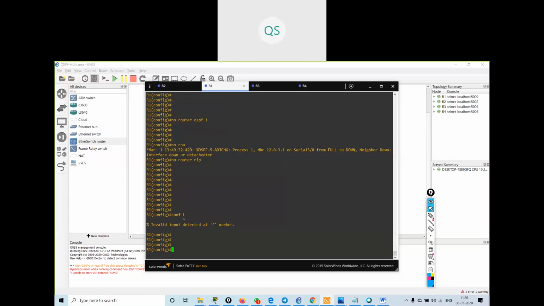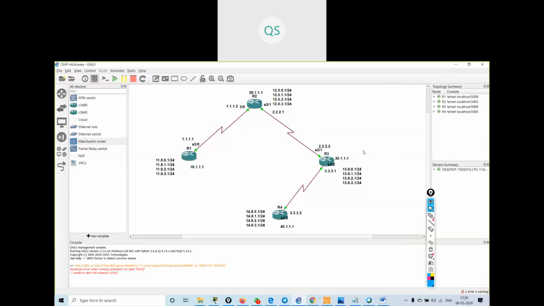To assign IP addresses, I will take some IP addressing for these three routers.